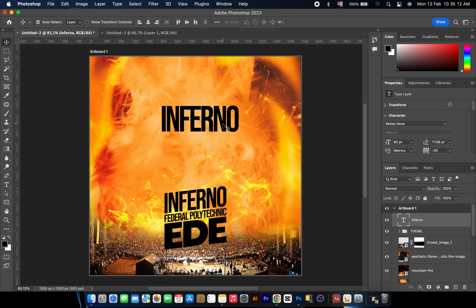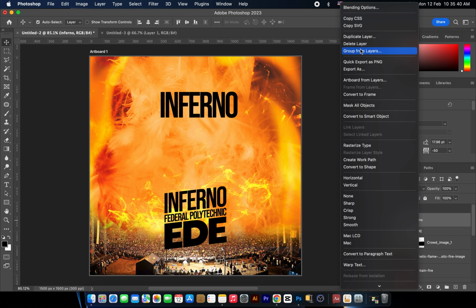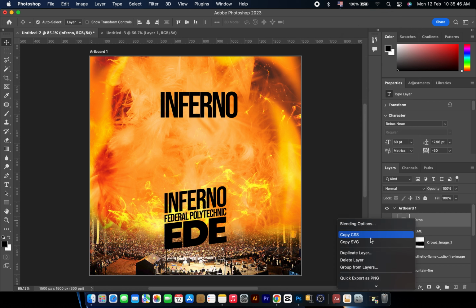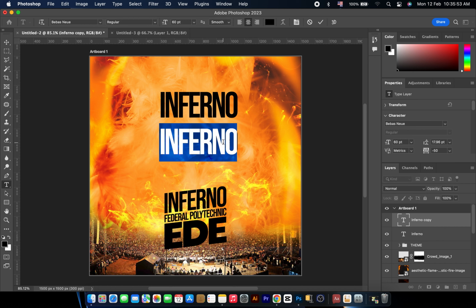The next thing we want to do is duplicate this. I'm going to duplicate this Inferno by pressing Ctrl J or Command J on the keyboard. Mind you, you have to select this layer. Make sure it is selected, and either you right click and say duplicate layer, or the shortcut is Command J. I'm going to bring the duplicate down like so, and just type Federal Polytechnic